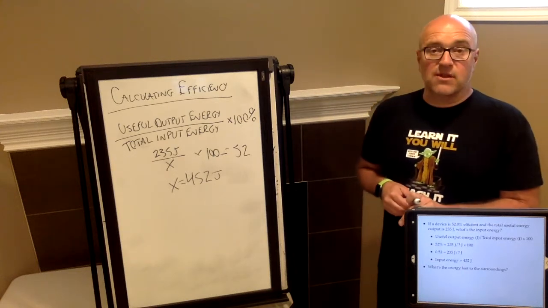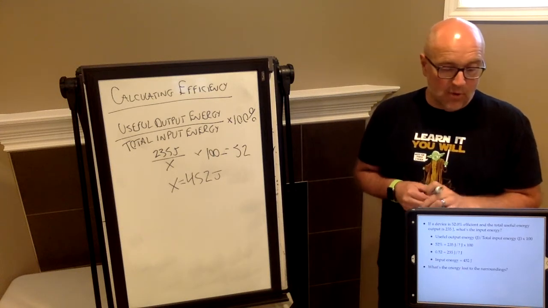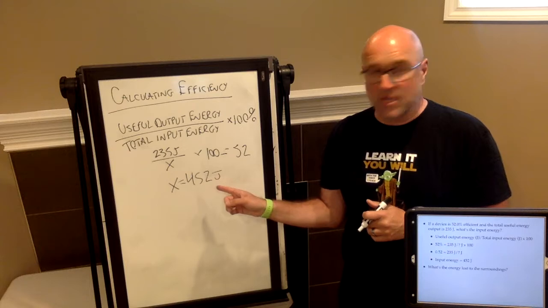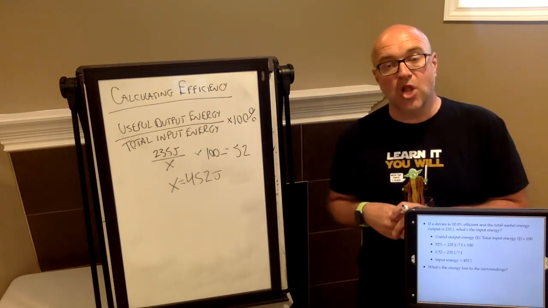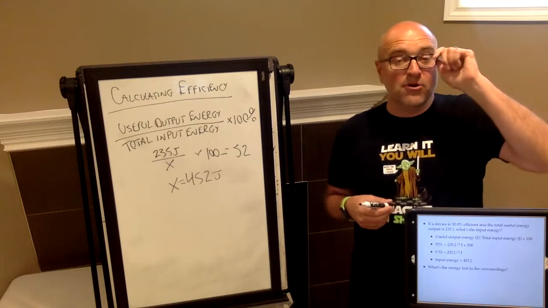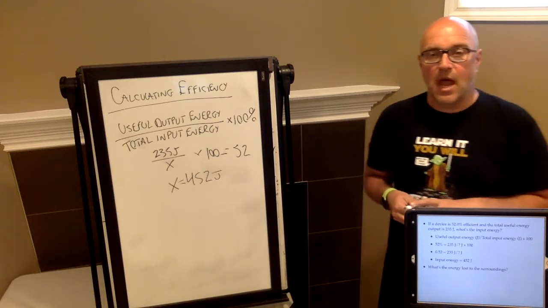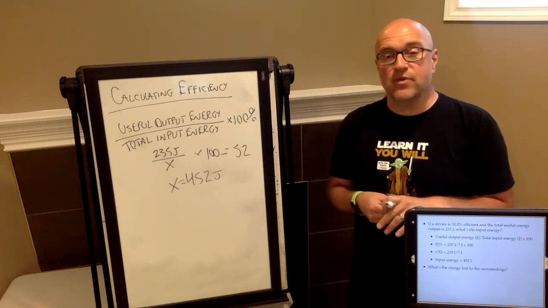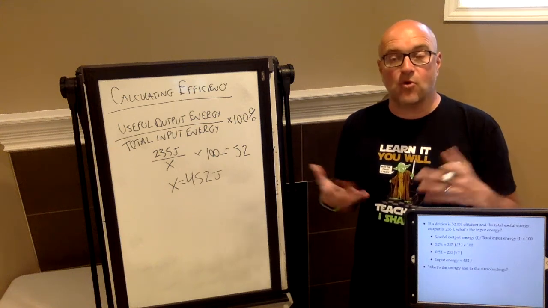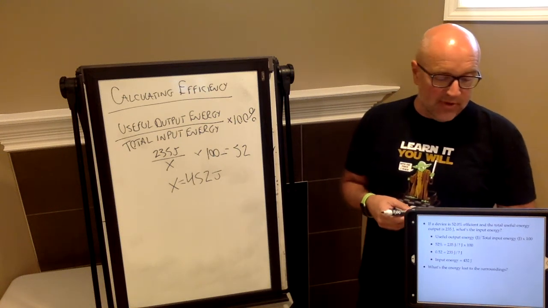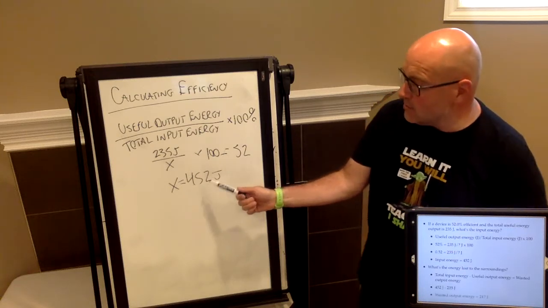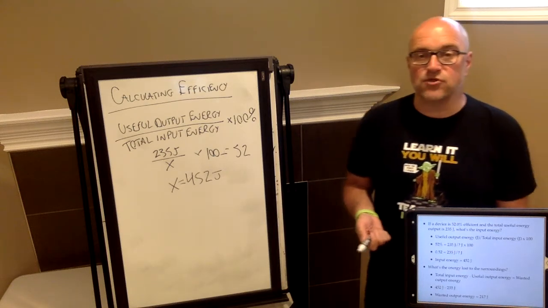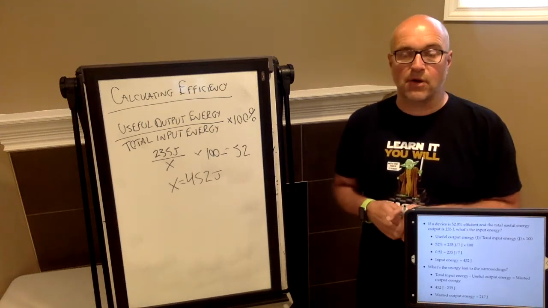What's the energy that's going to be lost to the surroundings? What's the energy that we're going to lose in this system? Well, if this is my total input energy and that's my useful output energy, then my lost energy is going to be the remainder. Remember, energy cannot be created or destroyed; it can only be transferred. And the transfer of energy is never 100% efficient. So in this case, I would simply take my 452 and subtract my 235. That would give me wasted output energy of 217, as you can see down here on the slide.